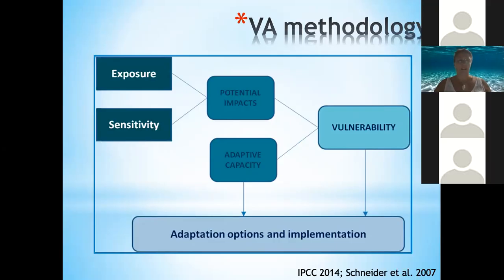So that is, minimize exposure or sensitivity, or enhance adaptive capacity. And I think Sarah described this really well, and in particular the fact that building adaptive capacity is often about social factors. They're not necessarily related to the sector specifically or to some environmental driver. They are often underlying social factors that can be addressed through adaptation actions. Next slide, please.